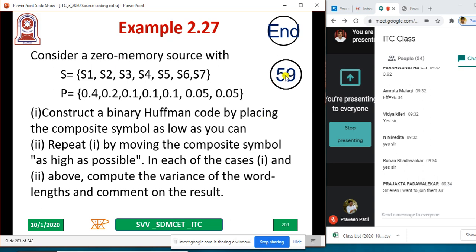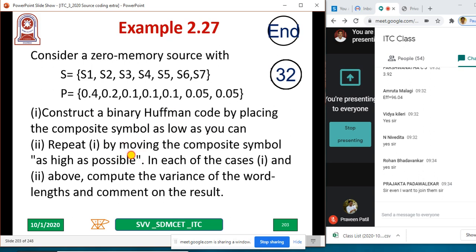Hope most of you have copied this. You can start. First, arrange them in the order. Same procedure you follow, but one word you remember. Symbols as low as possible, what you are doing regularly. That only you are doing in your regular. First one you can complete.